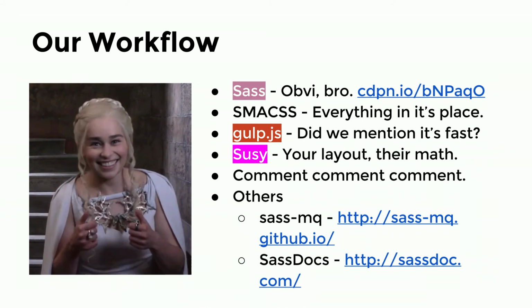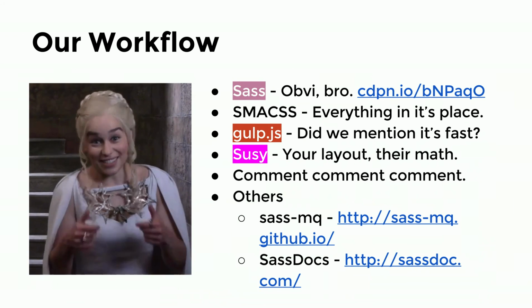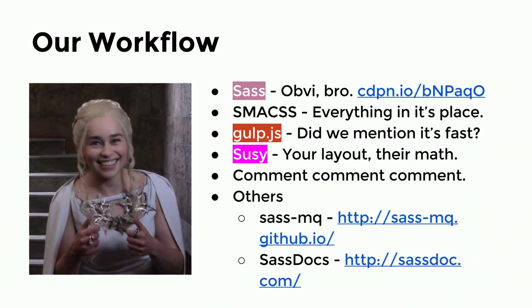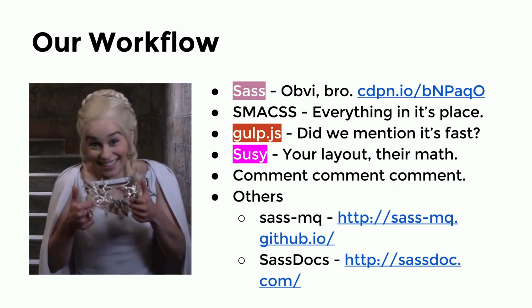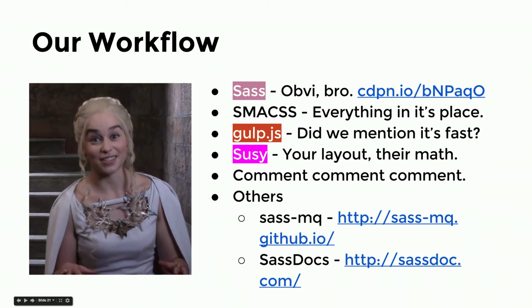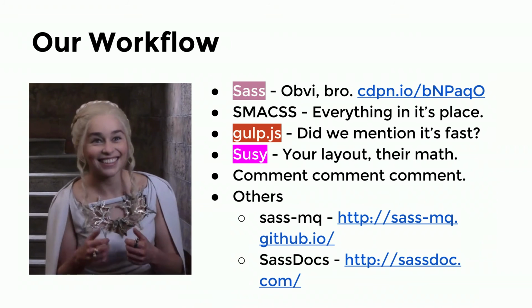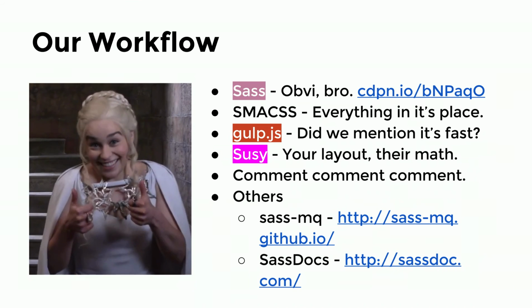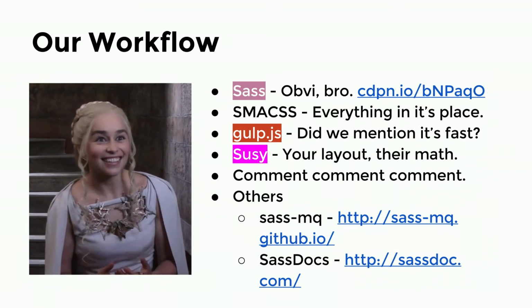And then SassDocs is really cool. Has anyone seen SassDocs? No one? SassDocs is insane. It will parse your Sass architecture for you and create a documentation site on the fly. All you have to do is comment your code correctly, and it will create the Sass doc for you. And let me show you guys one actually. Where's my mouse? There it is. SassDocs is rad. Talk about being able to have a build process that you can hand off to someone else. This literally creates a documentation site of your custom code. I have it built. Rad.